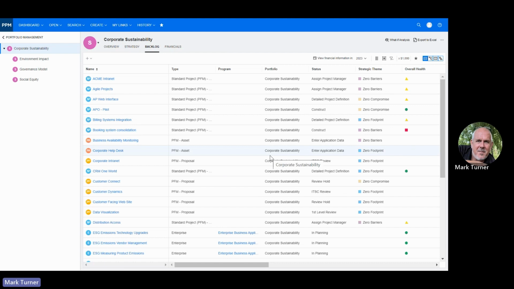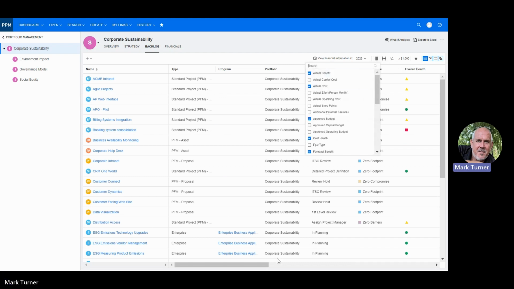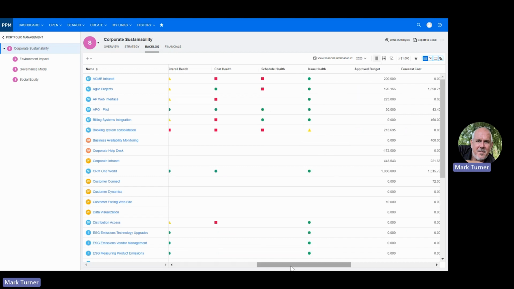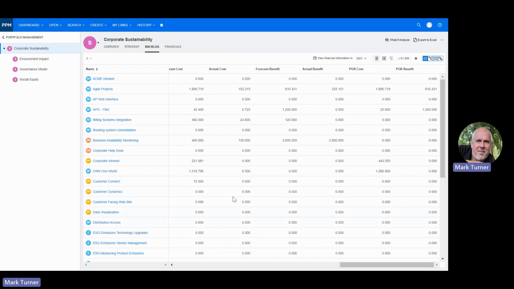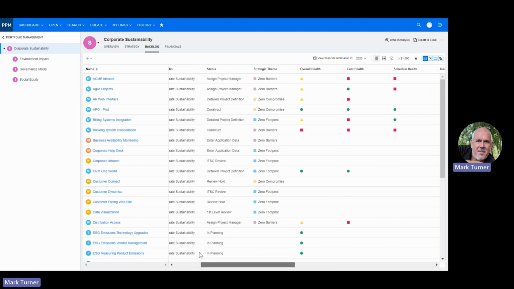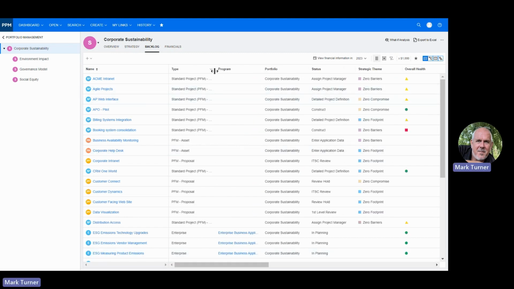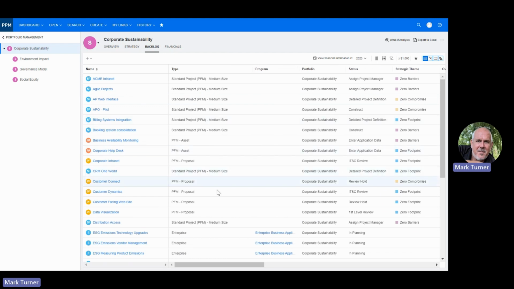And I have the capability to view this data in a variety of different formats and structures over on the right-hand side of the screen. I can select any of the columns that I wish to have on display from here. Those columns, I can then scroll along and see all of the data about every single piece of work. I can see the type of work it is, whether they are projects or programs or assets or proposals, ideas, epics, whatever it is that's coming through the system. I can group the data, I can filter the data,